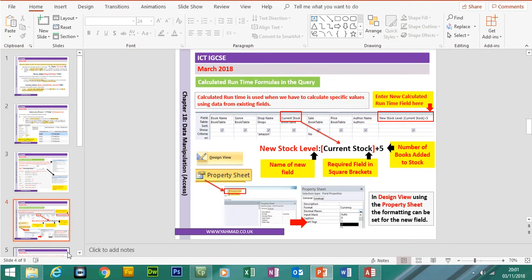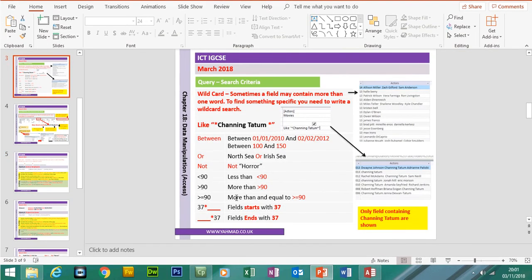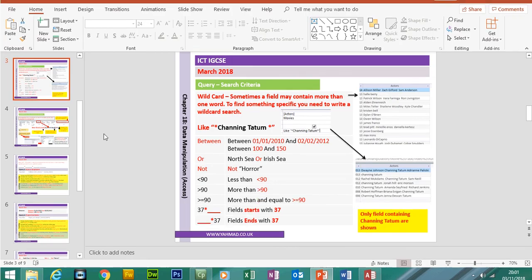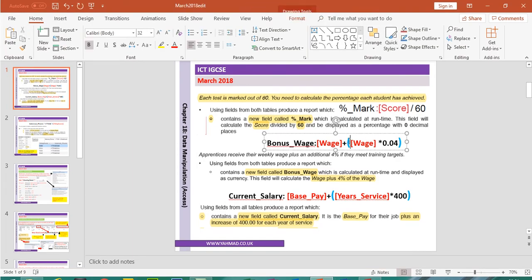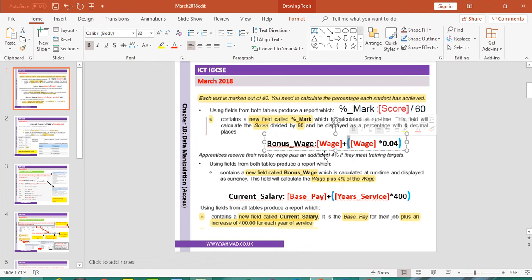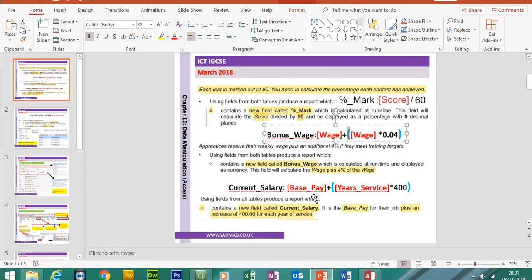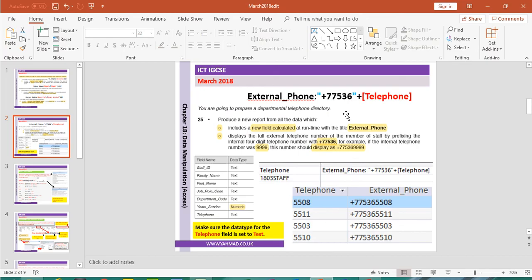Okay. You also need to make sure you are familiar using all of the different search criteria as well, especially with the dates. That's where people tend to get problems with finding particular dates. Okay, so the new papers are getting more and more difficult, especially with calculated runtime fields. Sometimes you may have to work out something in curly brackets and then you may have to add it to an existing field. As you can see here with these 2 examples,